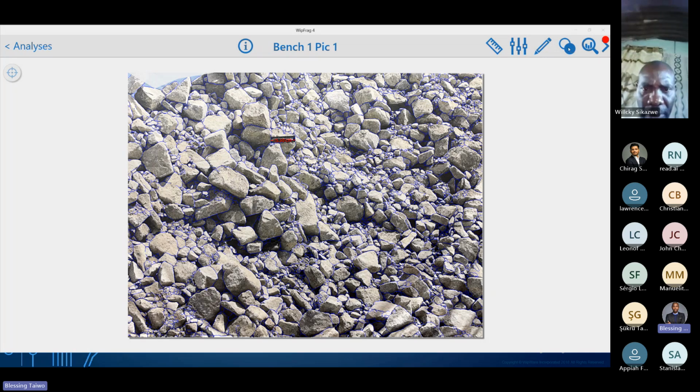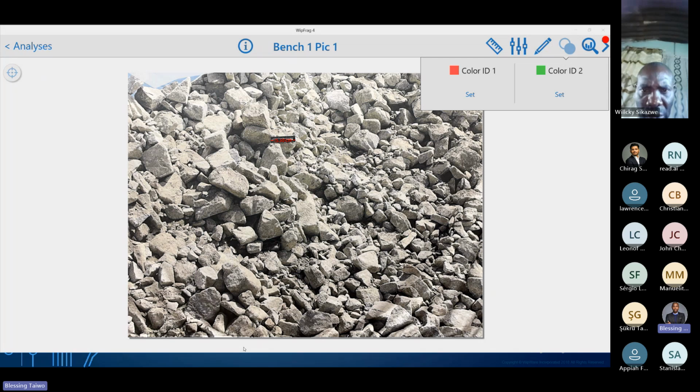Then another thing that you can do, especially when you are blasting in a metallic ore, is use this software for dilution control. Dilution is when you have barren rock, waste rock, or unwanted material included in the high grade zone.